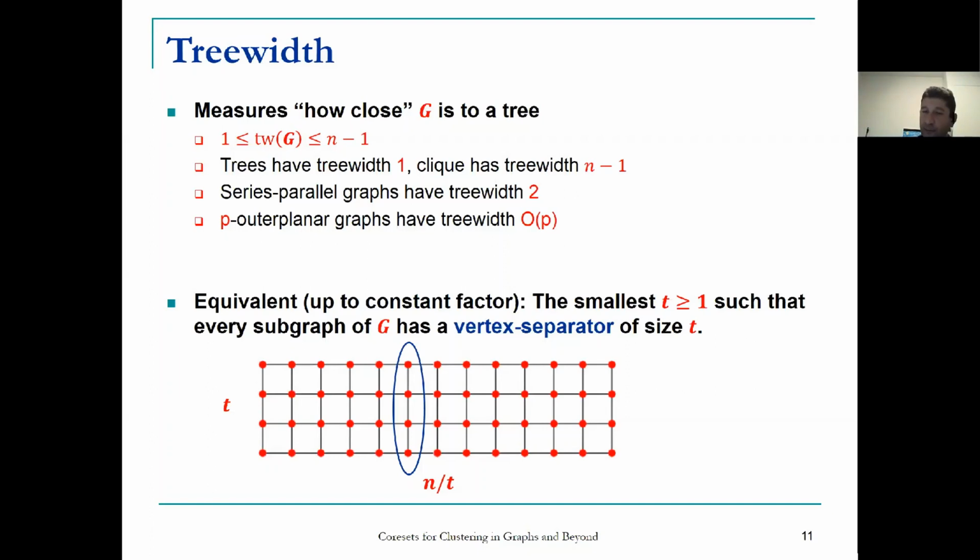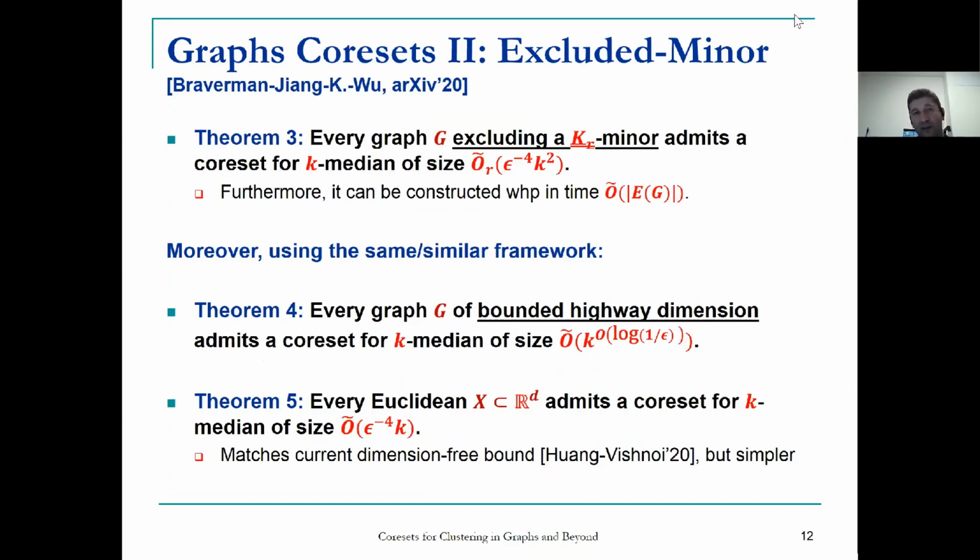So this was the progress we wanted. But another question we had in mind was planar graphs. It's known that planar graphs do not necessarily have bounded tree width. The tree width could be square root n. So the results that I just showed you in the previous slide do not apply to planar graphs. And this was actually a problem that we were really bothered by and we really wanted to solve. And then in the second paper with Braverman, Jiang, and Wu, we managed to prove it. So this is a new paper. And we managed to show that every